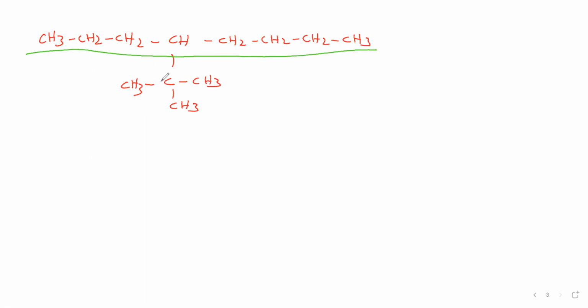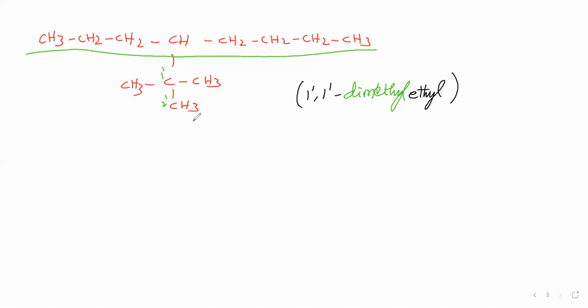Then this is the complex substituent. For this complex substituent, we have to select the prime parent. How to select the parent: the carbon of this complex substituent attached directly to the main parent chain, we have to give number 1. This is number 2. So here this is a branch, this is a branch. This name is methyl, this name is methyl. Therefore 2 methyl groups, so we can say dimethyl. Here 2 carbon atoms are there, therefore ethyl. This methyl group is attached at 1 dash, this methyl group is attached at 1 dash.